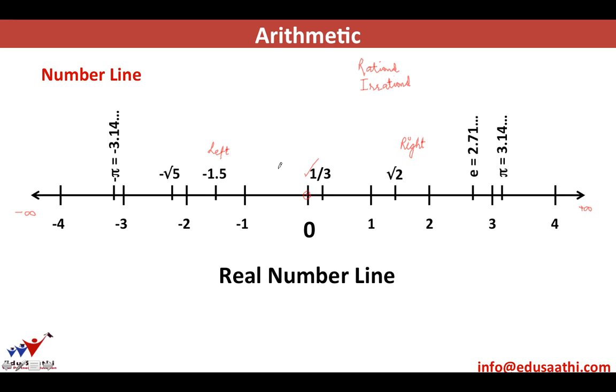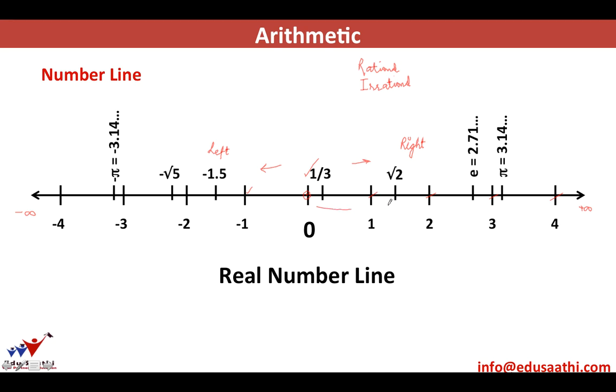All the digits, all the numbers, integers, fractions, whatever you want to call them, on the left hand side would be negative and everything on the right hand side would be positive. So if I just look at it, minus 1, minus 2, minus 3, minus 4, all of these are integral values which are to the left of 0, therefore they are negative. Whereas positive 1, positive 2, positive 3, positive 4 would be on the right of 0